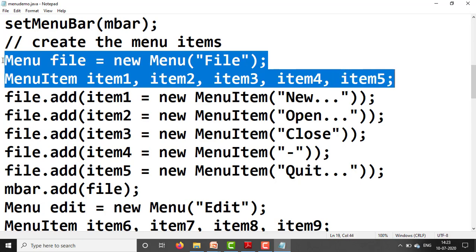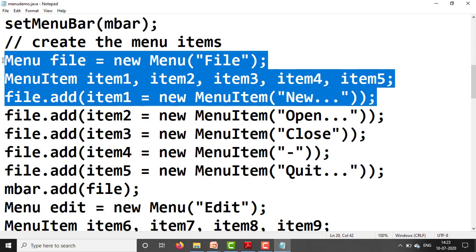Like this, menu items we have created. Next, add these items to the file menu, where file is the object of Menu: file.add(item1 = new MenuItem("New"));